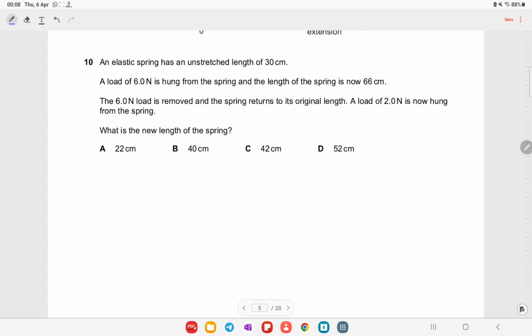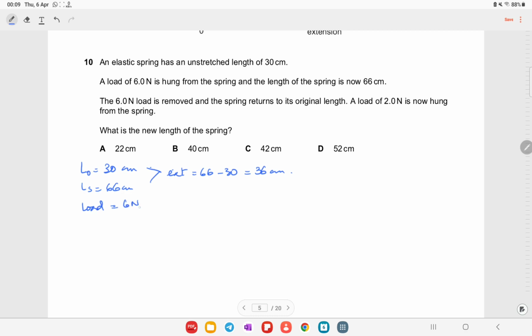An elastic spring has an unstretched length of 30 centimeter. A load of 6 Newton is hung. Okay, let me do this thing. Whatever is given, I'll write it down. The original length would be 30 centimeter, and a load of 6 Newton is hung from the spring, and the length of the stretched spring is now 66 centimeters. So the extension will be 66 minus 30, which is going to be 36 centimeter, and the load